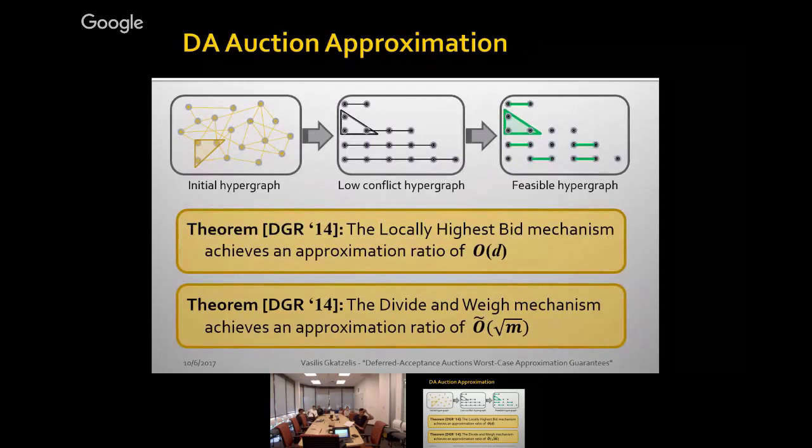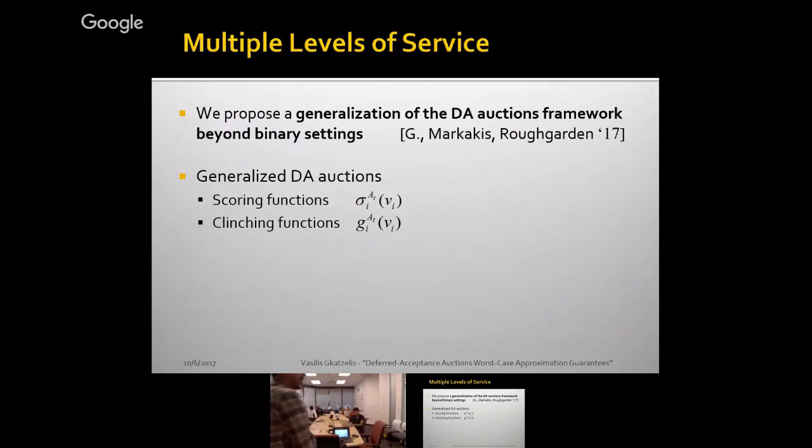Okay, so now moving on to the second half of the talk. This was kind of restrictive, right? As I mentioned, the AdWords auctions example doesn't fit into that framework. Everything I told you so far, you start with a set of feasible things and you start rejecting. There's no middle ground. It's not like, I'll kind of accept you. It's reject. So it was restricted to settings where you have binary constraints. So the recent paper with Vasilis and Tim essentially tries to generalize the deferred acceptance auction framework so we can use it in much more general classes of auctions.